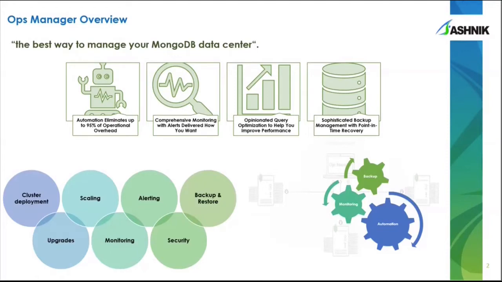The second feature is automation, where you can deploy a new replication setup, or you can add your existing replication into Ops Manager. In the same way, you can add and create a sharding cluster with this Ops Manager tool. Automation comes with many additional features which help to manage operational tasks without application downtime, like version upgrades, adding and removing nodes, and implementing security features. Those kinds of activities will be possible.